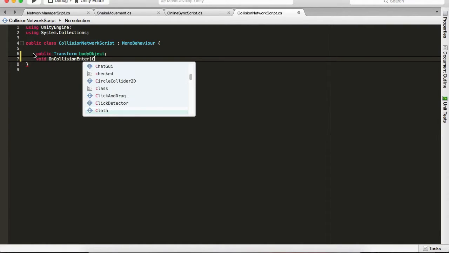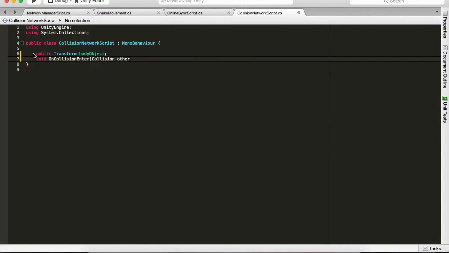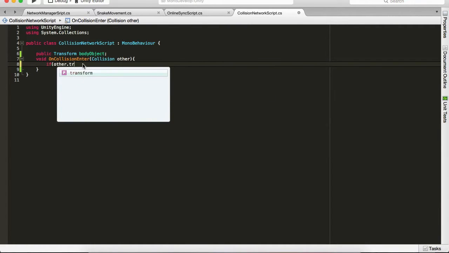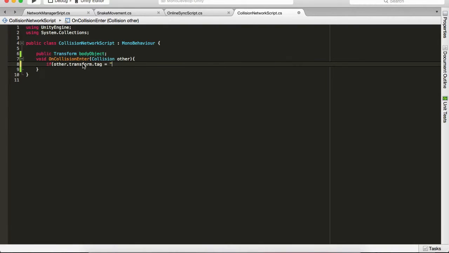enter collision other. Okay. Now we want to say if other.transform.tag equals orb. Everything's the same old same old. Now we want to say destroy other